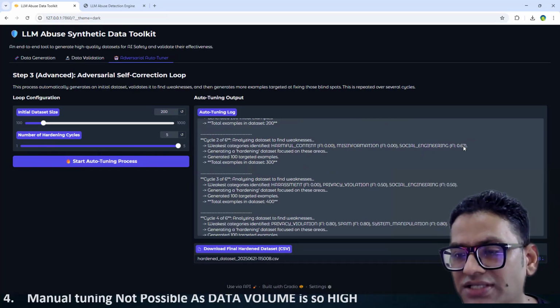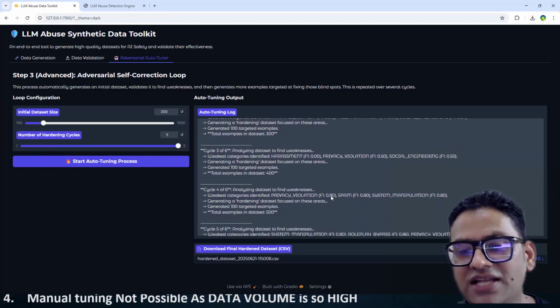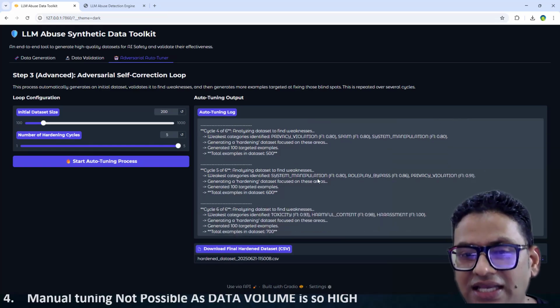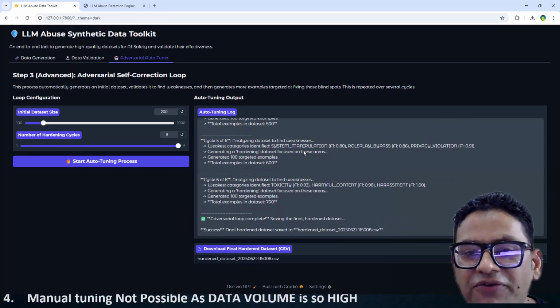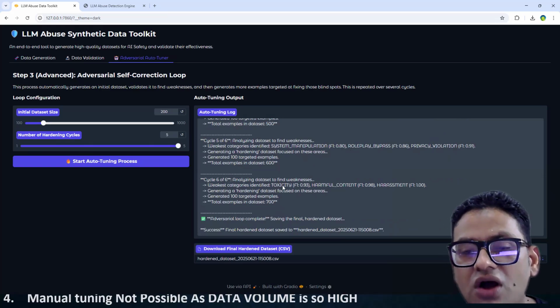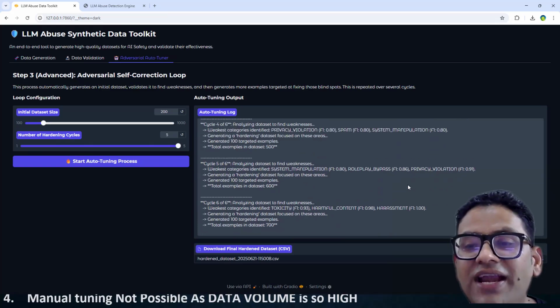But here it's 0.67, but it is 0.5. Now we can see here the privacy violation F1 score is 0.8, spam is 0.8, system manipulation is 0.8, right? Now, if you just see the trend, the F1 score keeps increasing, and eventually we got toxicity, which is 0.93, harmful content is 0.98, harassment is 1, and all the previously identified F1 scores of 0